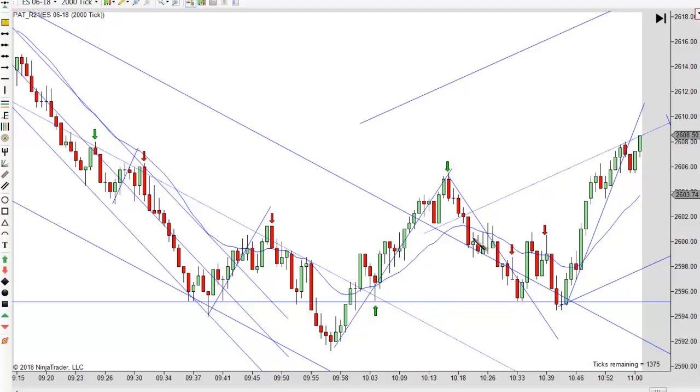I don't have my line there. Let me get that on there because that really makes a difference on this trade. So you got a second entry short, a double test of this, and you're looking for prices to try to make a new low. You've got plenty of room to get out.